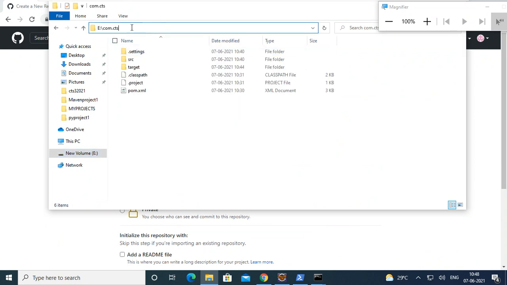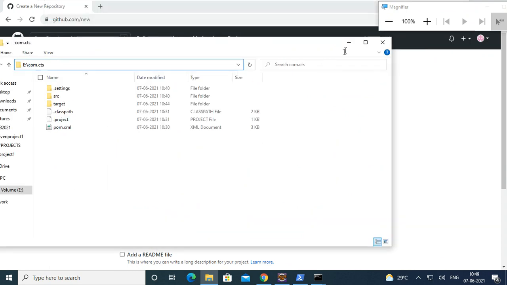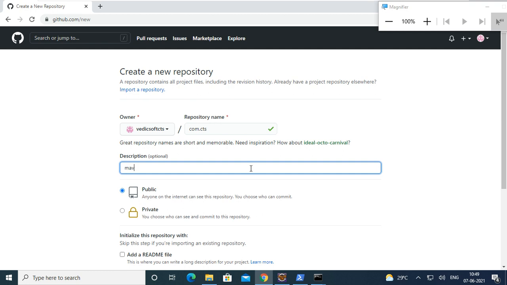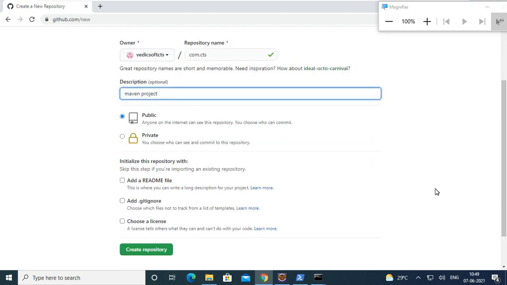Or you can put like this also. Maven project. Same names won't give you confusion.